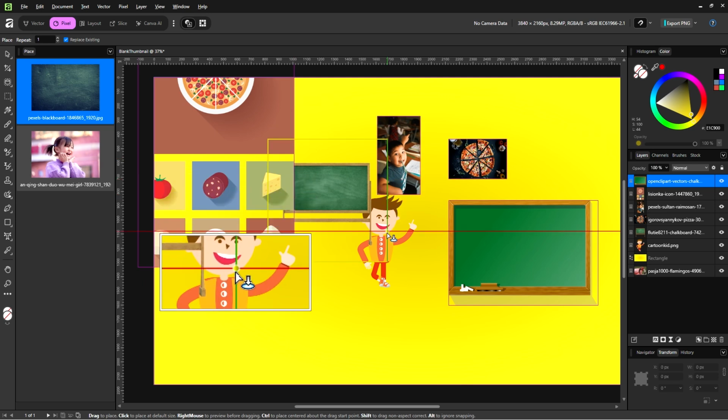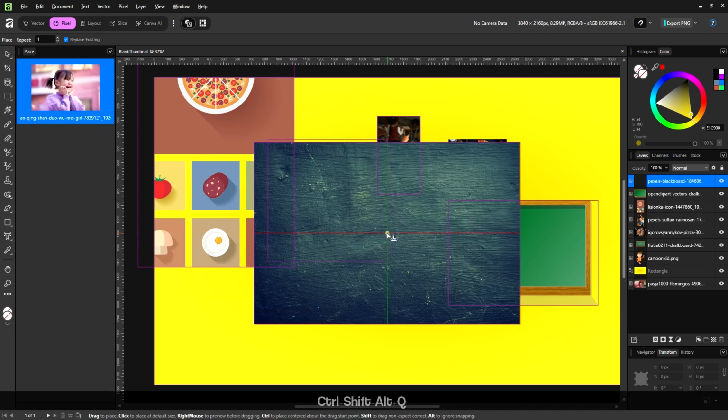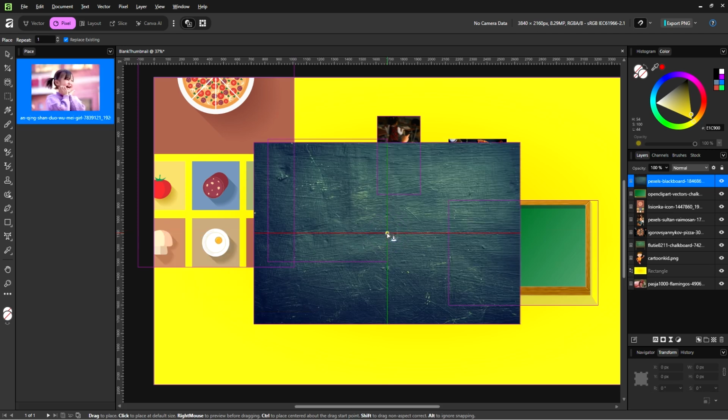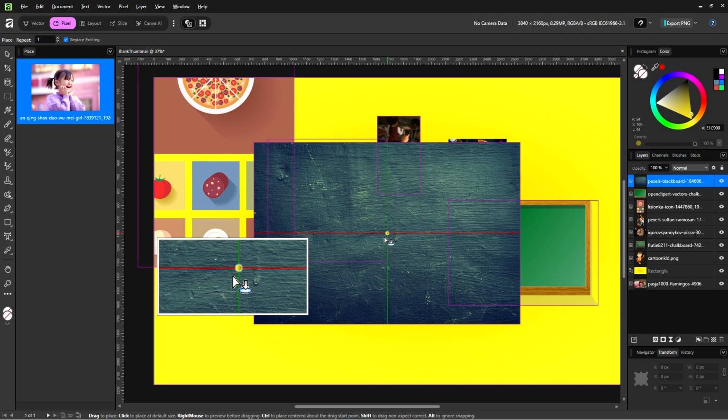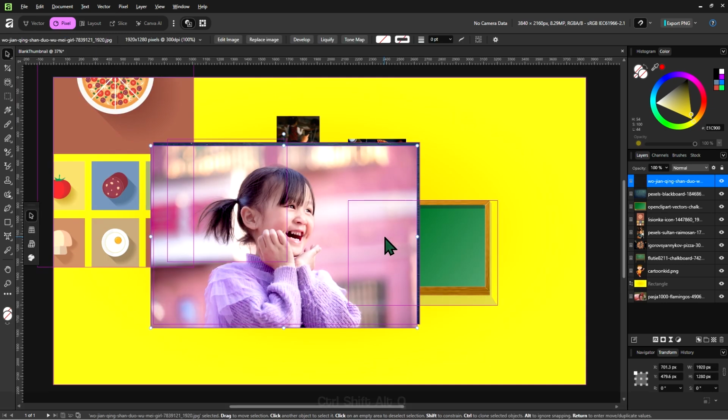We see that when I click on this, it will place my image above that yellow circle. And I can place yet another image in the middle of this chalkboard. With snapping on, I can just hover my mouse over the middle of this image, and when I see that yellow circle, then I know that Affinity will place it in the middle of this image.